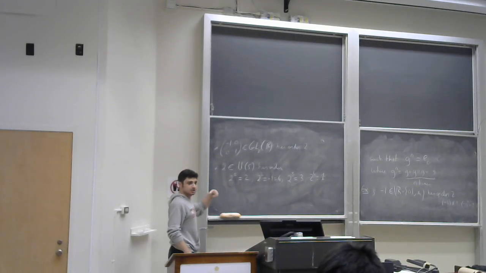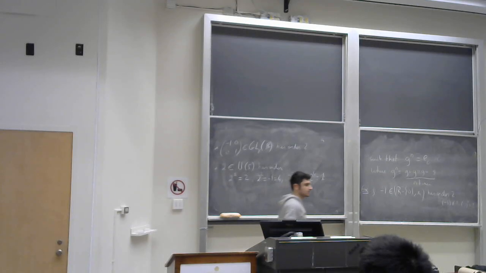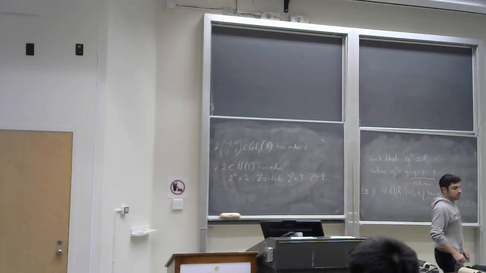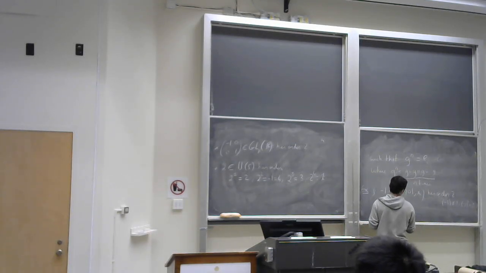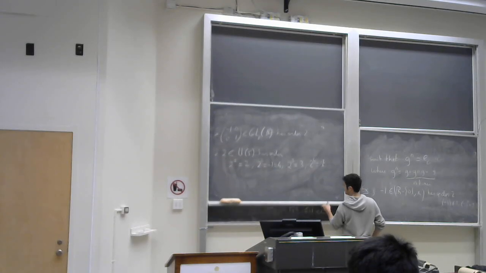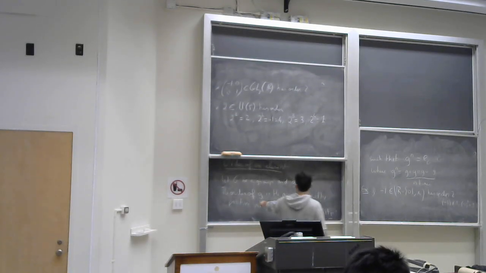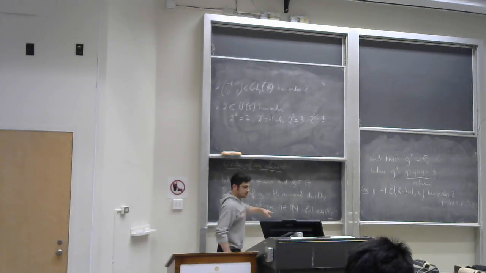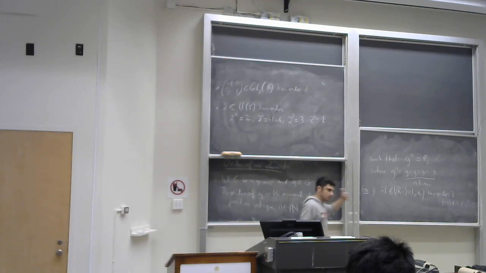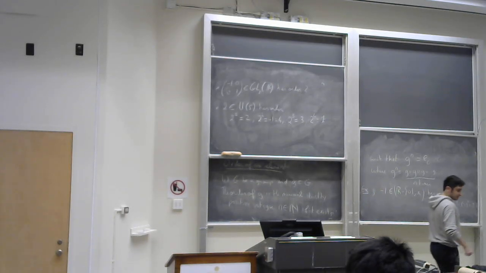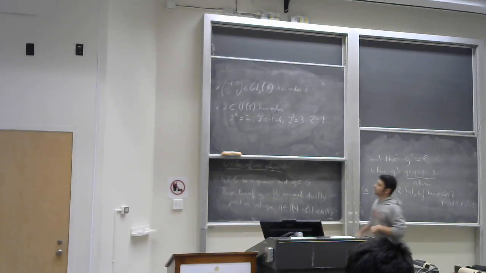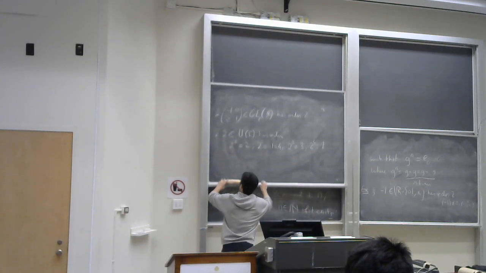Is it clear? You just keep taking the powers of the element. Yes, sir. I don't know if it was mentioned, what is order? What is the definition of order? It's the order of g is the minimal strictly positive power, if it exists, that gives you the identity. Okay? Now if I take a group under addition,